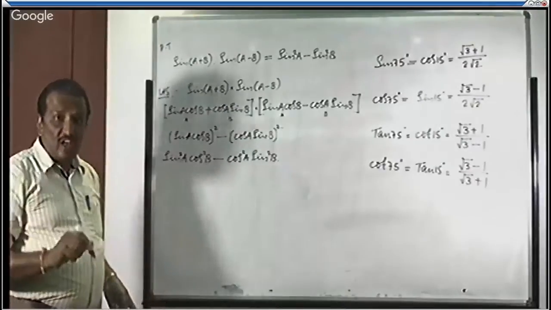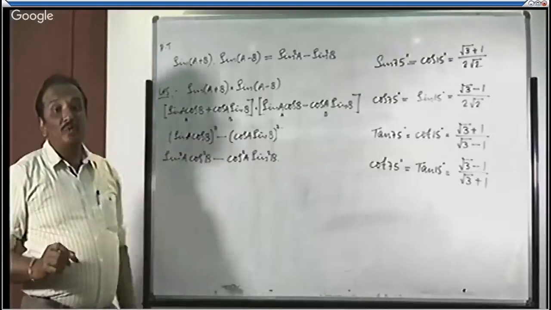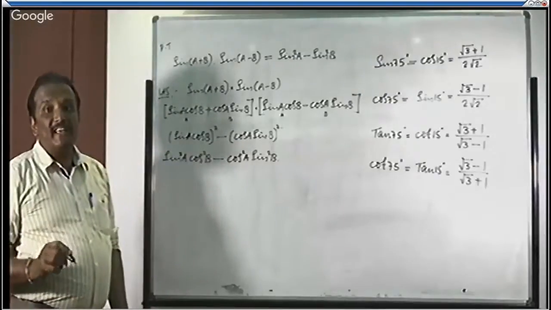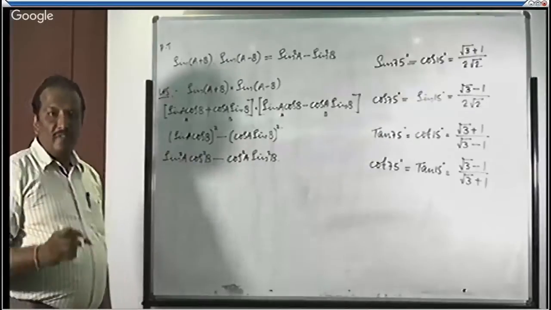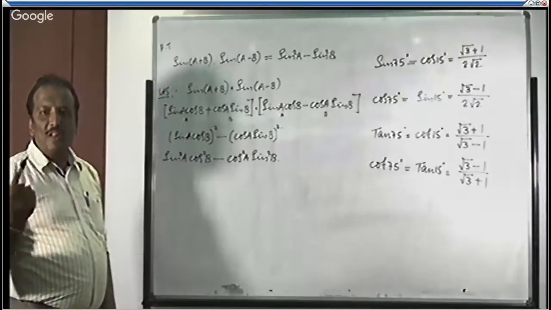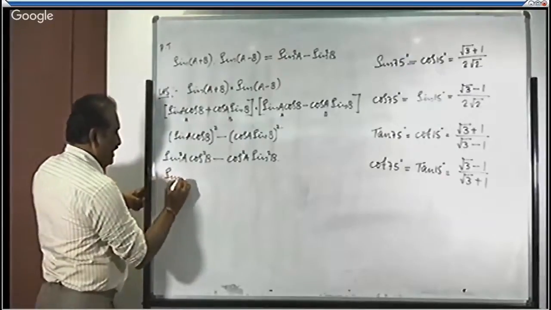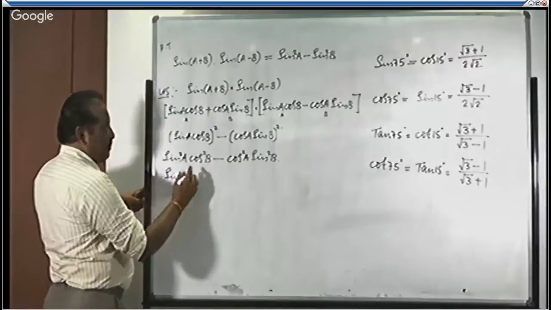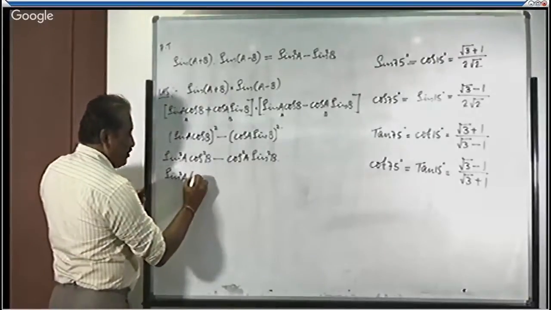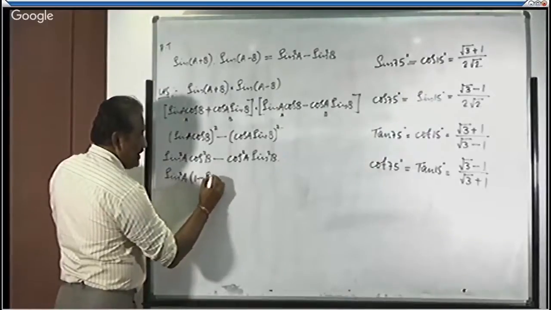So try to convert all the cos terms in terms of sin by using one of the basic identities, sin square theta plus cos square theta is equal to 1. Therefore, cos square theta is equal to 1 minus sin square theta. In the RHS, we need the sin. Therefore, you have to write sin as it is. Instead of cos square B, you just rewrite this one as 1 minus sin square B.